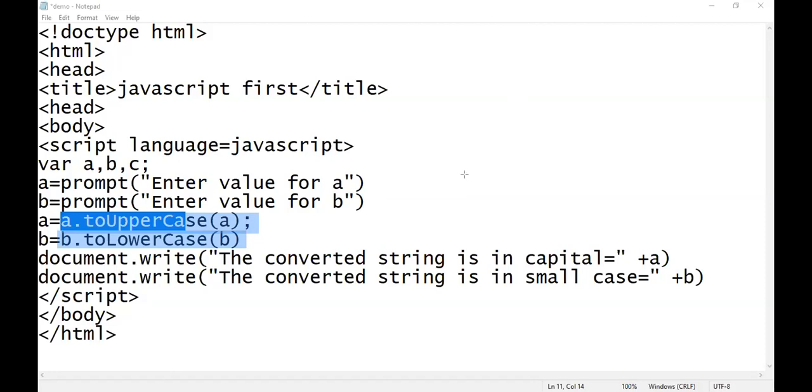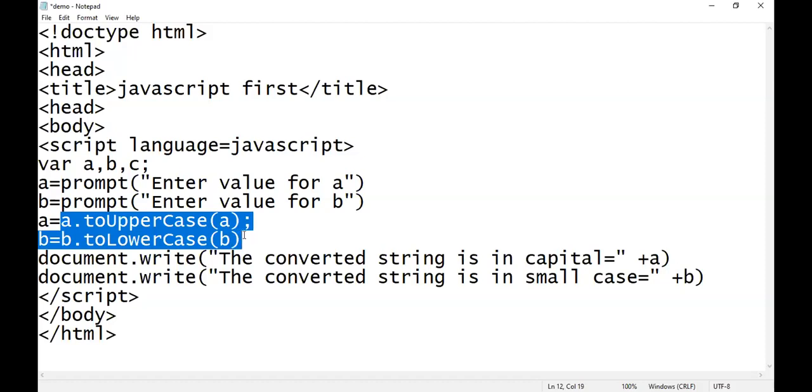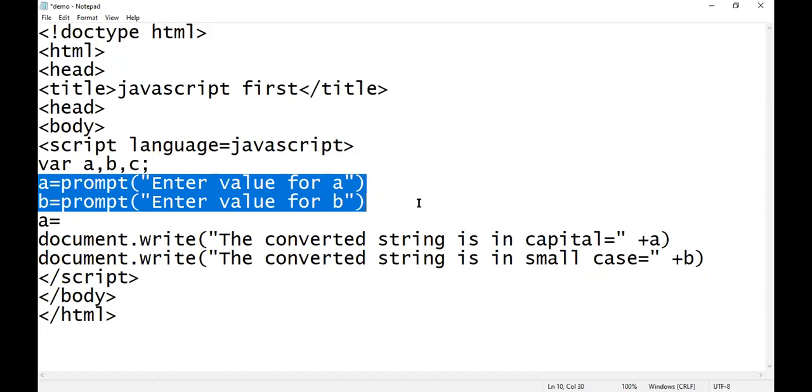Again we are going to write a new code for the last function, that is confirm. Now we'll check the confirm function. For the confirm function, we don't want the prompt.